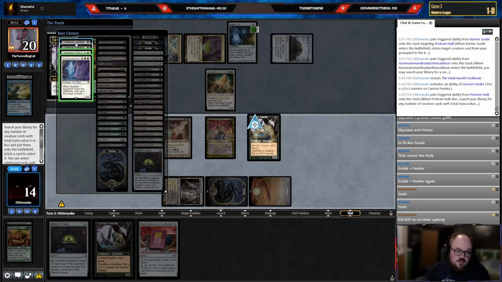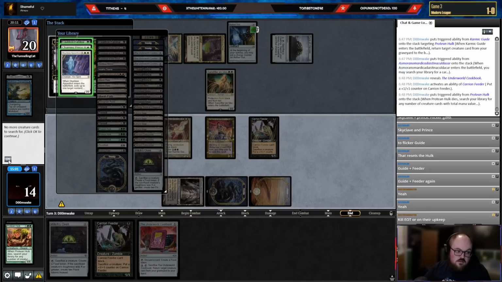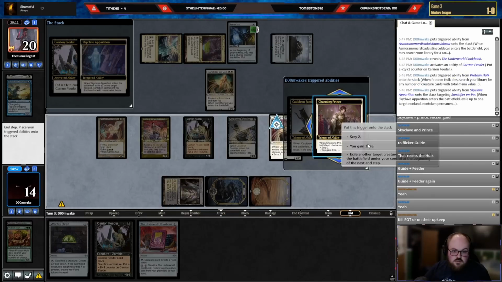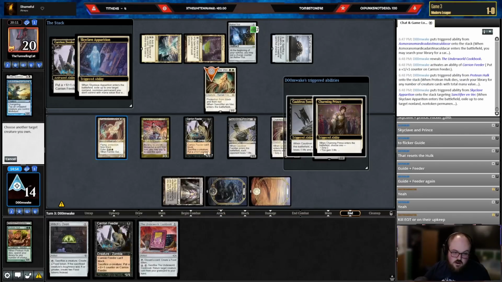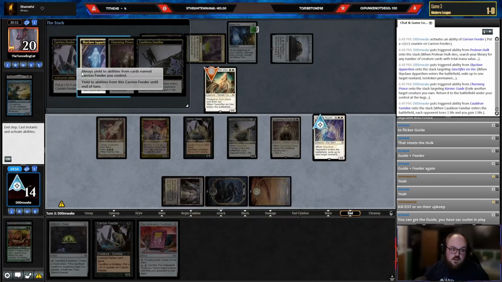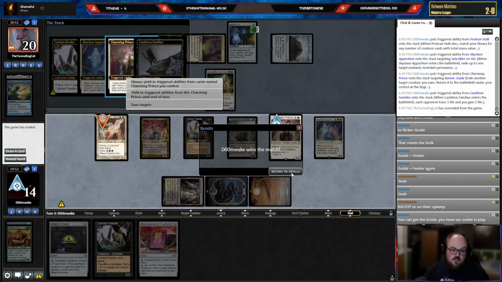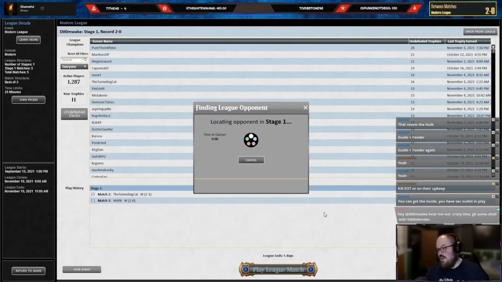So get this, this, this. Okay. Path and led you straight to hell. And then exile the Karmic Guide. Yep, I get it now. I get it now. Okay, they've conceded. Cool. They had a draw step, but...